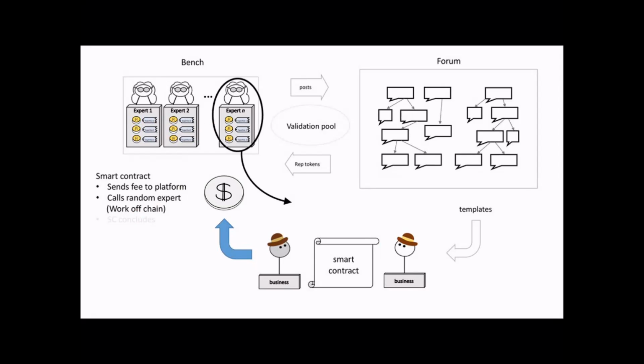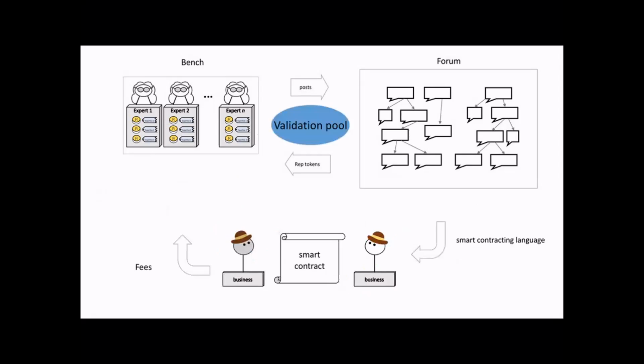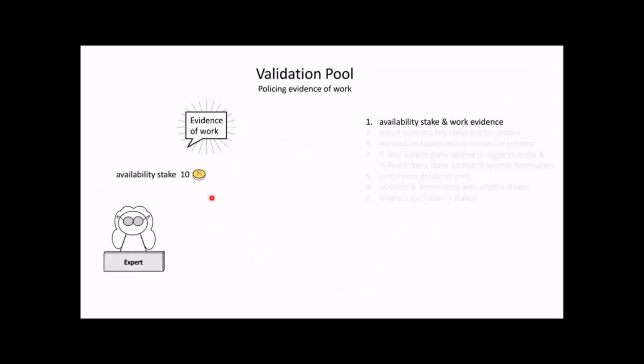Okay, so that's the availability stakes. Any questions about it? I'll get to explaining that a little bit more in a bit, hopefully. So in order to be randomly selected to do the job, you are going to put in your availability stakes. And when you put in your availability stakes and you get chosen randomly, then you finish your job and you post your evidence of work. Okay, and that's the beginning of what the validation pool is going to do.